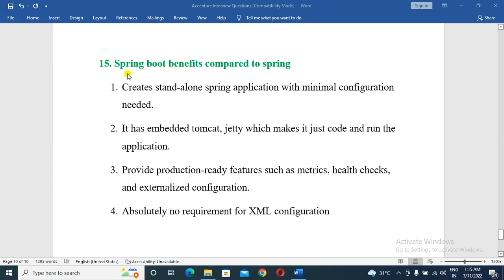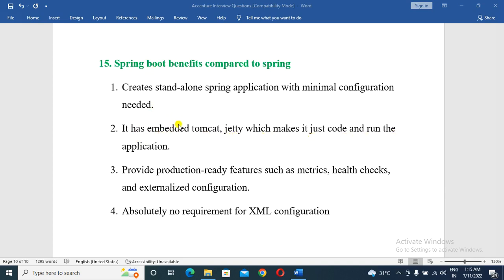So the next question is, what is the benefit of Spring Boot compared to Spring? Compared to Spring, Spring Boot has many advantages. Spring Boot creates a standalone Spring application with minimum configuration needed. It enables Tomcat and Jetty, which makes it just code and run the application.